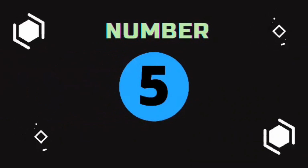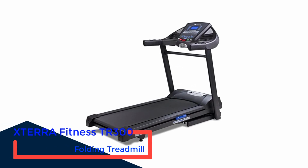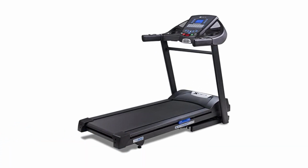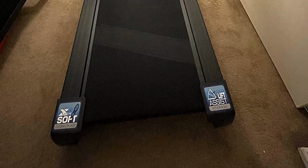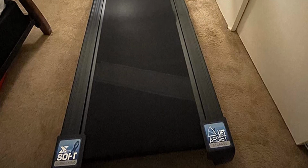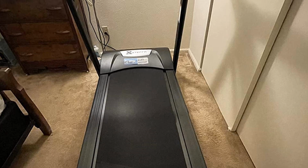Number 5. XTERRA Fitness TR300 Folding Treadmill. Whether you're wanting to lose weight, tone up or run your first marathon, achieve your fitness goals with the XTERRA Fitness TR300 Treadmill. The quiet and powerful 2.25 HP commercial-grade motor is covered. The large 20x55 walking/running surface with extra soft cushioned deck technology provides maximum impact absorption, minimizing the stress on your joints. Remote controls are conveniently located on the handlebars and allow you to quickly adjust speed and incline without interrupting